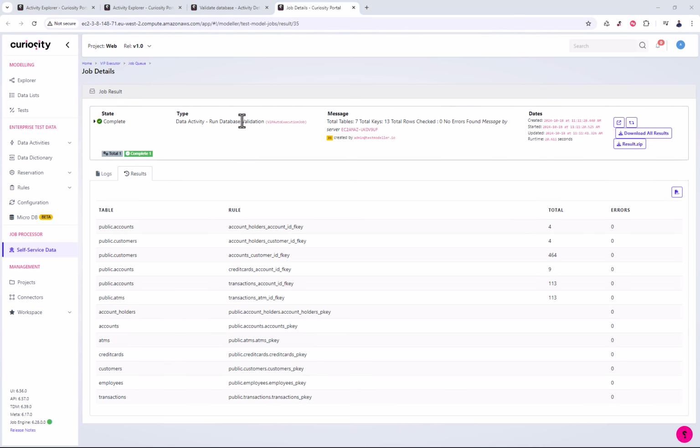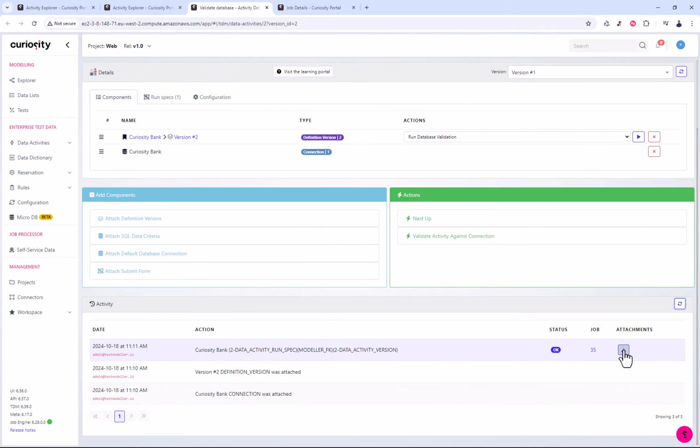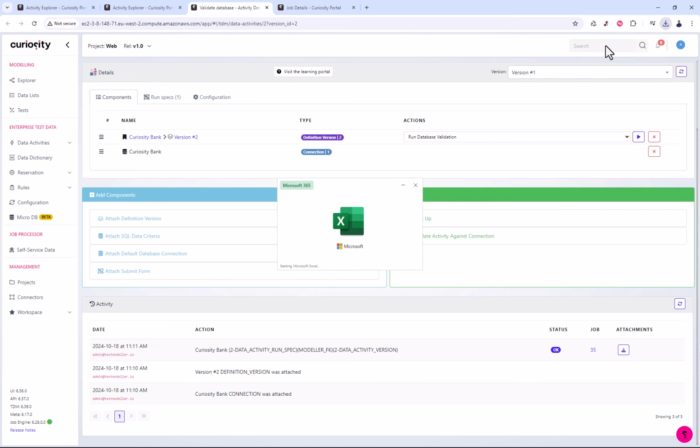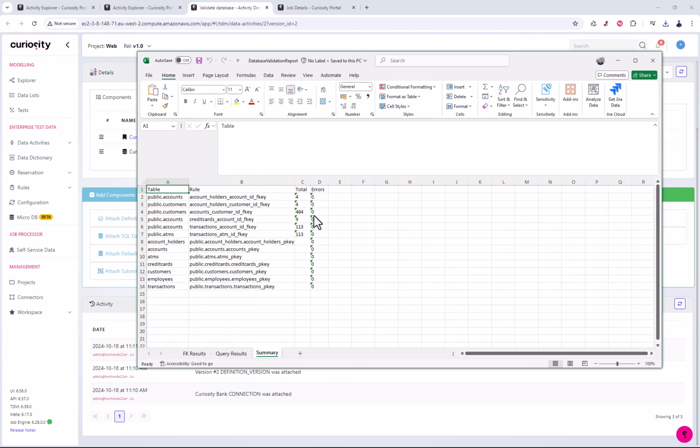What we'll see here is our validation is complete. If we come back to the data activity and let's refresh down below here, the first thing we'll see is we've got a validation report. So let's look at that validation report and open it up. What we'll see here is we don't have any invalid foreign keys, which is good. And also if we look here, we don't have any errors inside the tables that we've looked at as well,